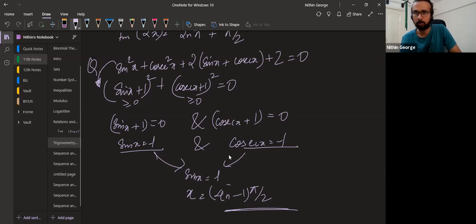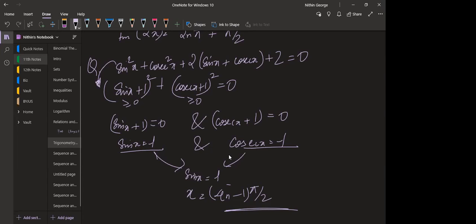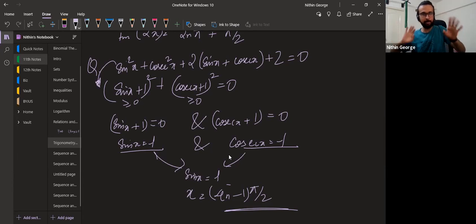Okay, guys. These are the tricks they ask in JEE. They'll put you in a situation where you're stuck, and you have to just relax and think out of the box. That's how it works. Just remember, this is one special type of thing that keeps coming almost every year: the sum of two squares adding up to 0 means both the squares individually have to be 0. Remember this.